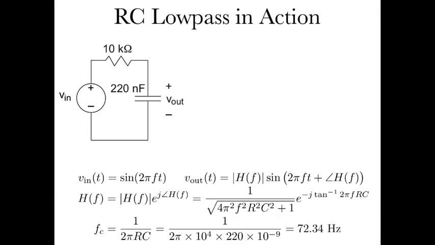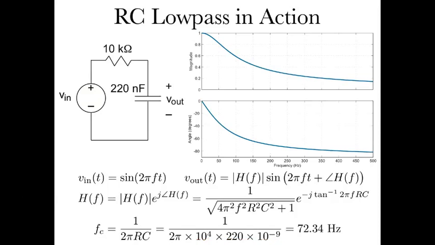When you stick in the explicit values for our circuit elements, we have 10 to the 4th for the resistor, and 220 nanofarads for the capacitor. Like I said, you don't usually have very large valued capacitors in circuits. And we get 72.34 hertz. We'll have to see if that really happens when we look at the output of the circuit that has these element values. When you plot this,